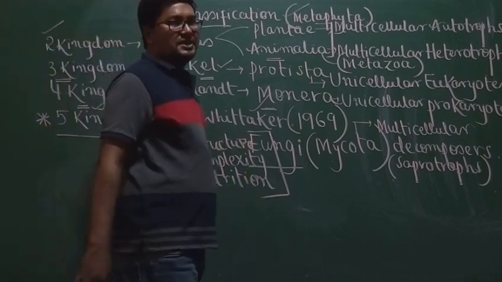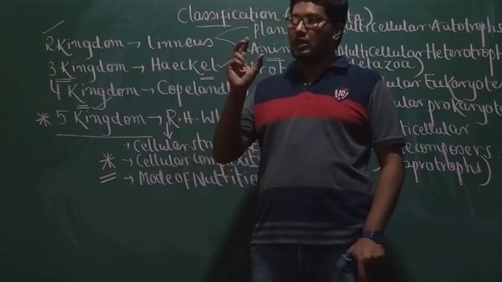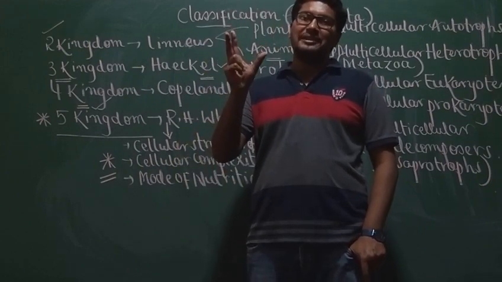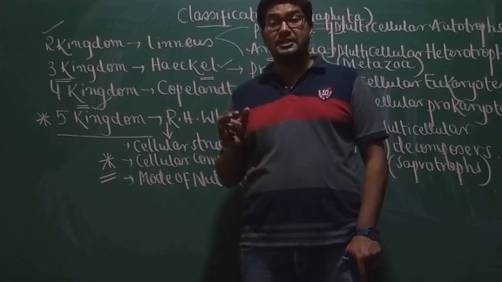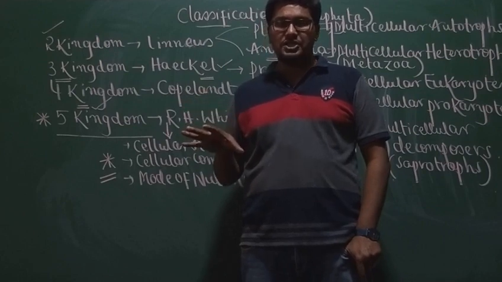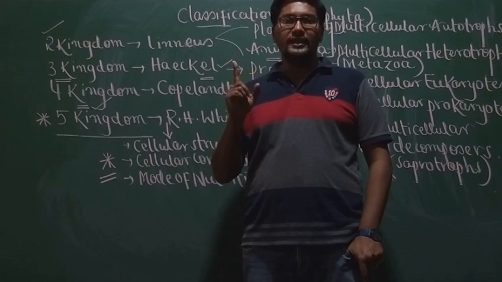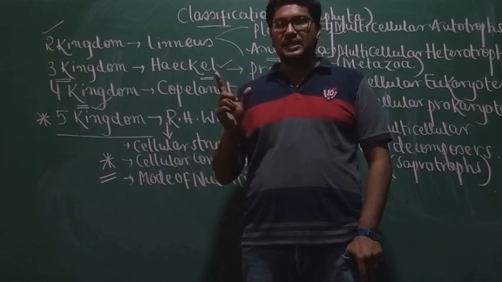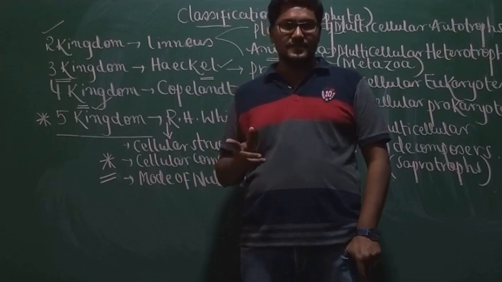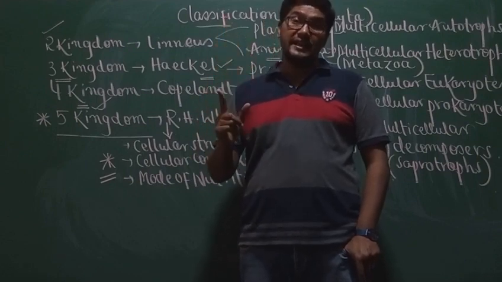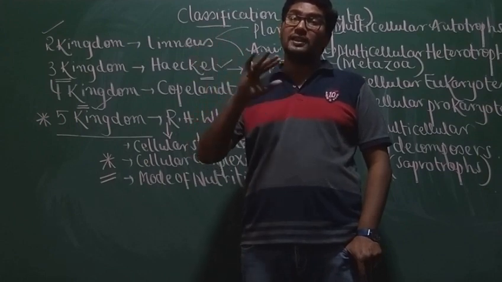Okay, so let me repeat what we have discussed in today's class. Today I have concentrated on a branch of biology called taxonomy. So what is taxonomy? The branch of biology which deals with identification, naming and classification of organisms. Who coined the term taxonomy? A.P. de Candolle. Who is the father of taxonomy? Carolus Linnaeus. Once a new organism is identified, it must be given a distinct scientific name to avoid confusion